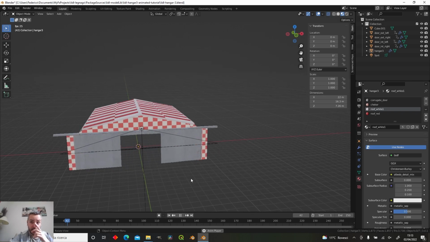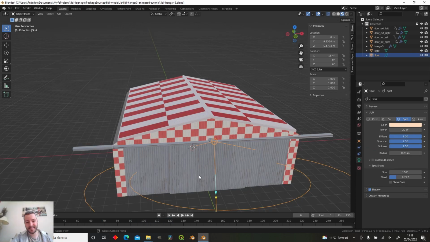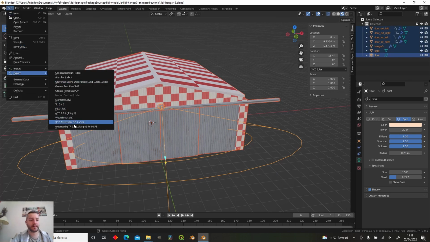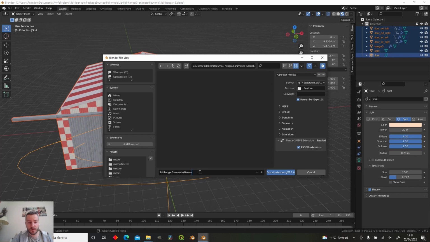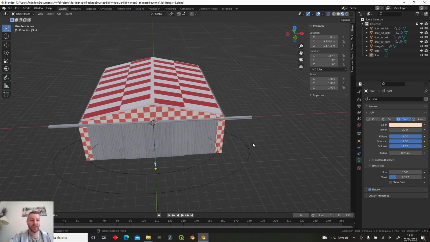Okay, now that we have our hangar animated in Blender, let's export this for Flight Simulator. So I'm going to select all, File, Export, Extended glTF, tutorial, and we can now continue in Windows Explorer because this is going to be a SimObject, because the doors are controlled by